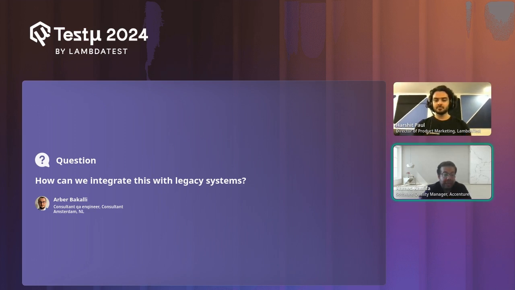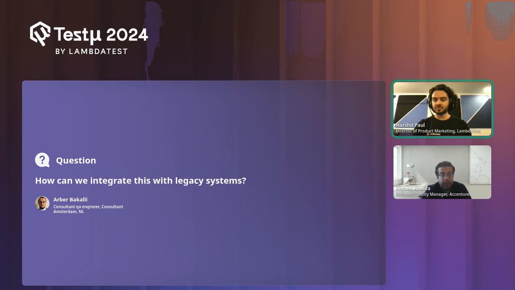But I completely understand, because here also generative AI is based on the quality of the input. So if you have an input that is legacy, and it's not having all the information needed for the generative AI, you will not get the output that is needed. I hope that helps.